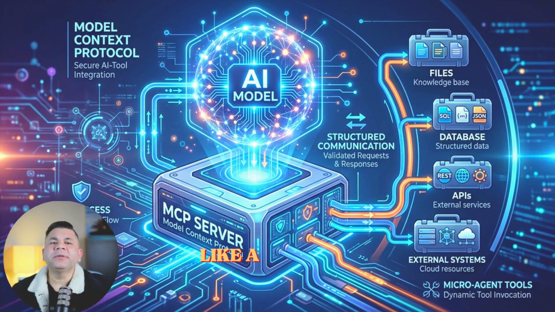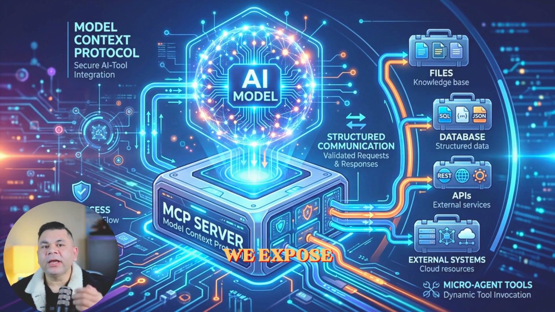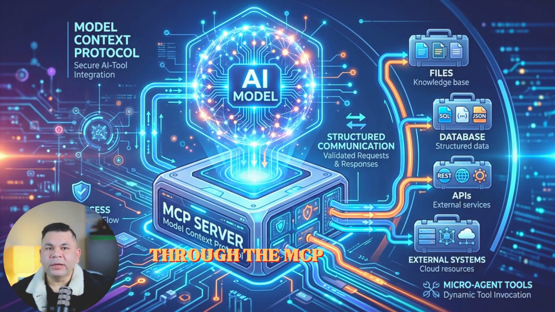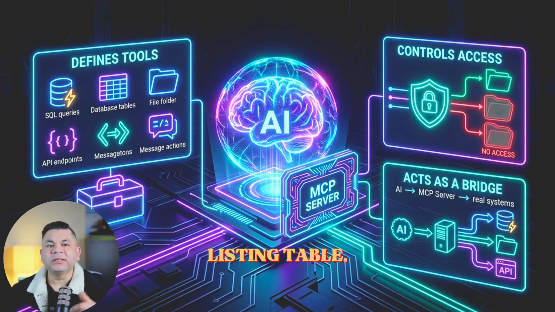Think of MCP like a toolbox we plug into the AI. AI itself can't access our files, our databases, our APIs unless we expose them as a tool through the MCP server. So MCP server does three things. First, define tools. These are actions the AI is allowed to perform, like running SQL, listing tables, reading files, sending